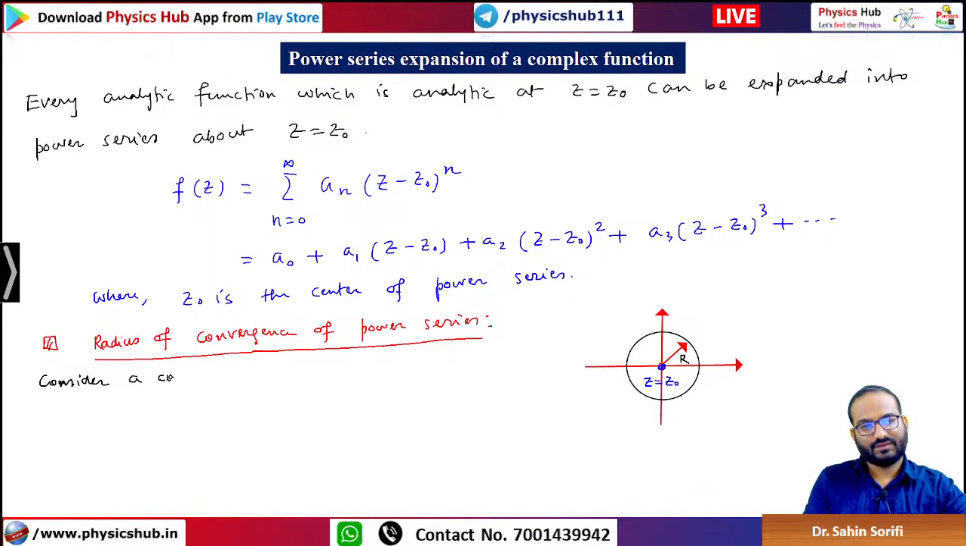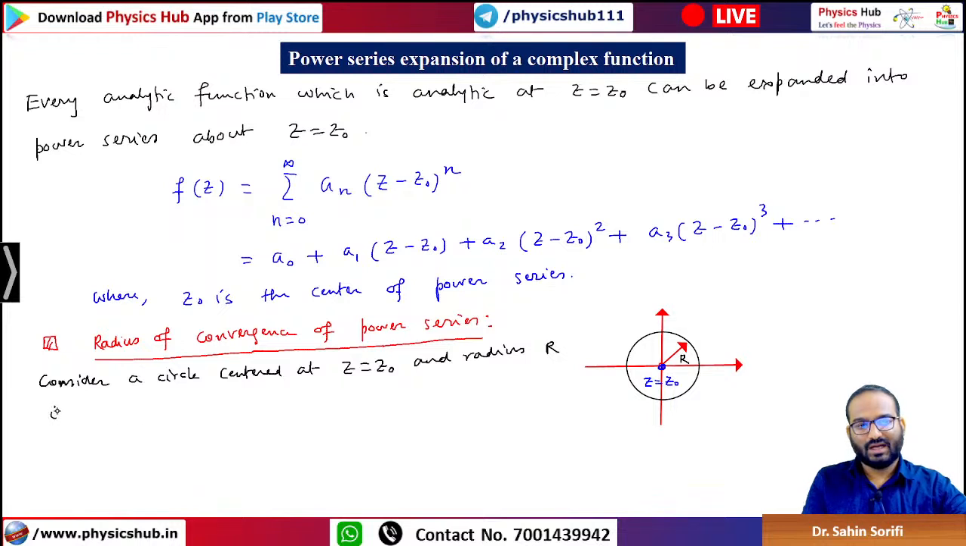Consider a circle centered at z equals z0 and radius r. So how will you write the equation of the circle? If it has center at z equals z0, it means |z minus z0| equals r. This will be the equation of the circle,